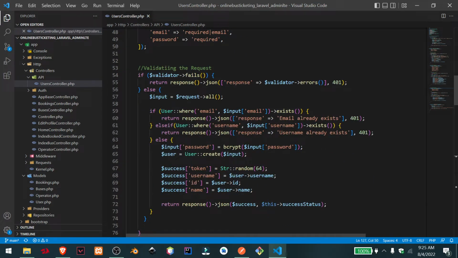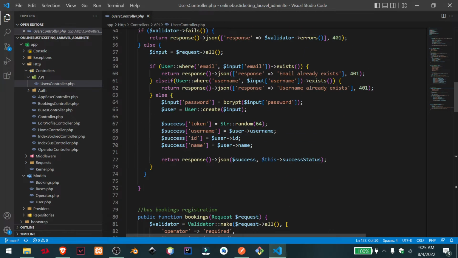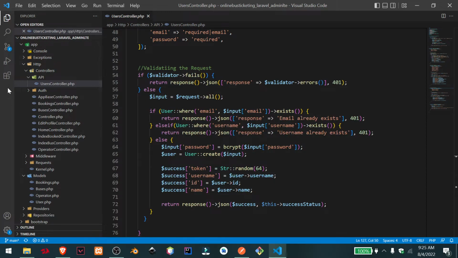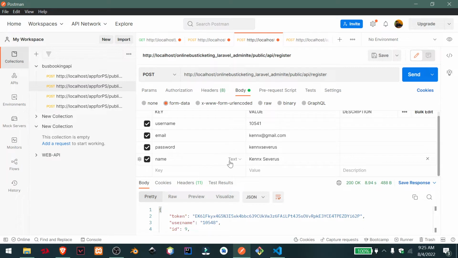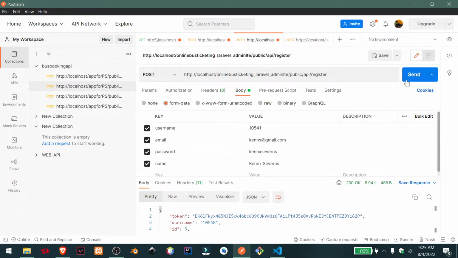And if the validator fails, return a JSON response with validator errors 401. Actually, you can see the documentation by searching in Google or whatever search engine you have, or else input request all. As an example, I am not using the Thunder client, which is the extension of VS Code. I use the Postman. So I will try to register a user. The username will be 10541, the email will be kenx@gmail.com, the password will be kenxsevers, the name will be kenxsevers. So when I send this one,